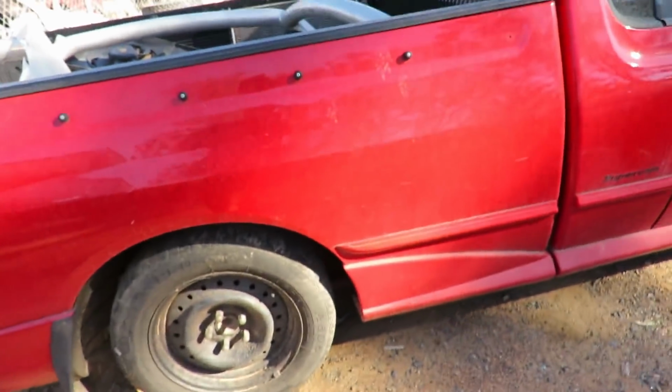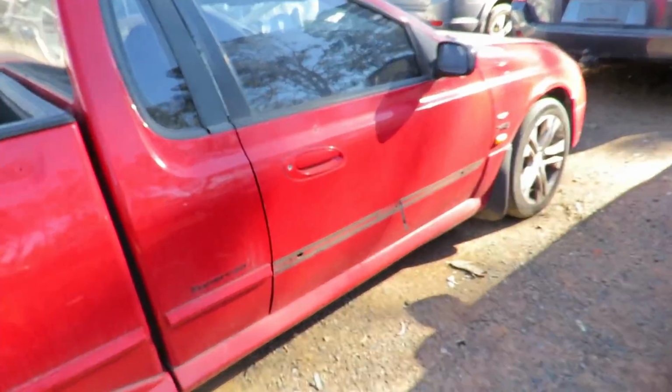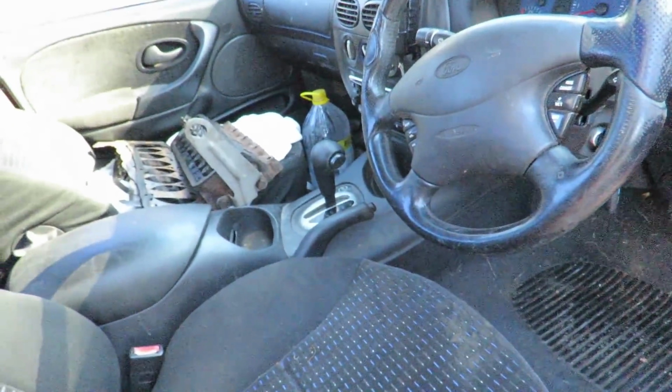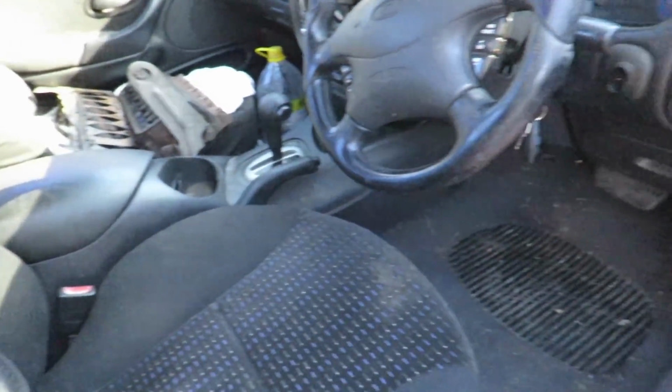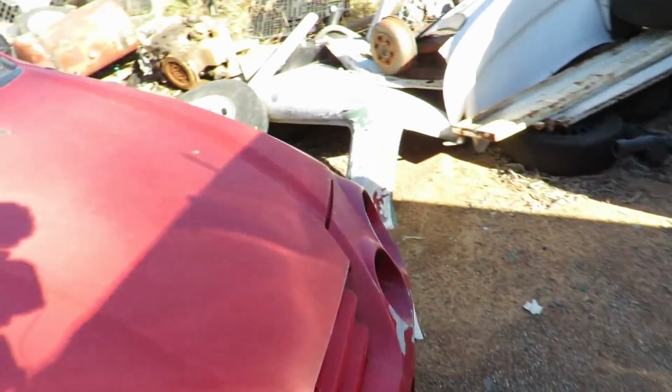But it's got the right kit. I'm very happy with this sort of Fairmont style body kit. The interior is not terrible, and apparently the auto's good, but I've heard all that before. The interior is not too bad, but this is a good thing and a bad thing. The engine is pulled apart,